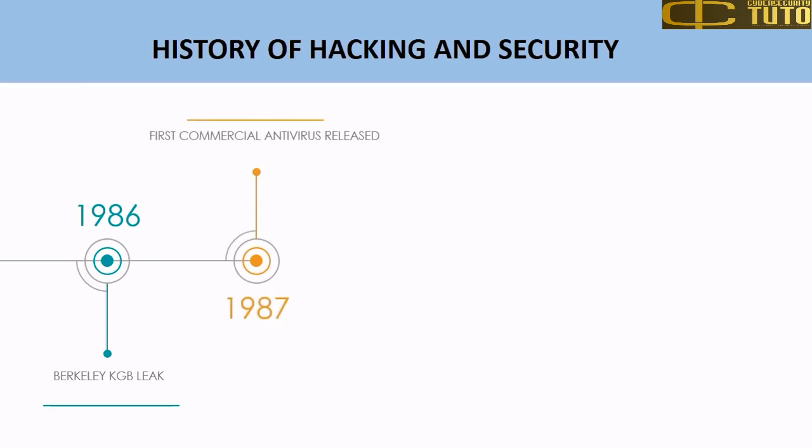In 1987, the first publicly documented removal of a computer virus was performed by Brent Fix. An antivirus program to counter the Polish MKS virus was released in 1987. This gave birth to the first commercial antivirus in the world.